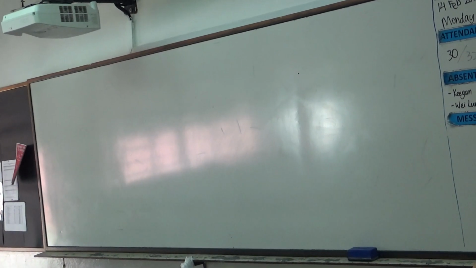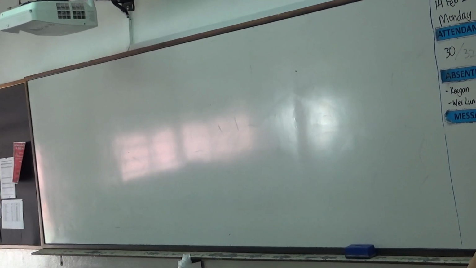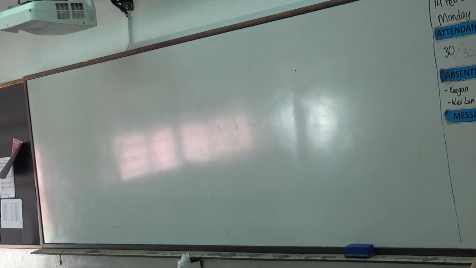Alright, turn to page 69. I'm going to do example 1 first. I want all of you to start talking. The table below shows the cumulative frequencies of the number of hours T spent by 40 students surfing the internet